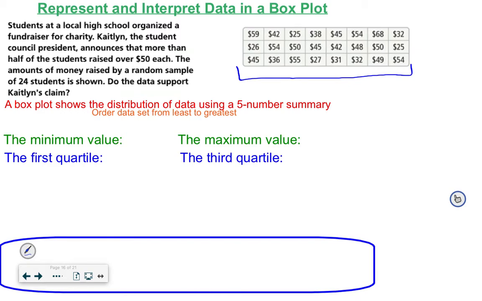A box plot shows the distribution of data using a 5-number summary. To be able to use the box plot, first we are going to order the data from the least to greatest. Let's order it. These numbers represent how much money each student raised. If you order this from the least to greatest, the least one is 25,